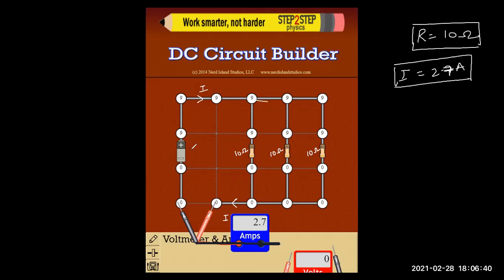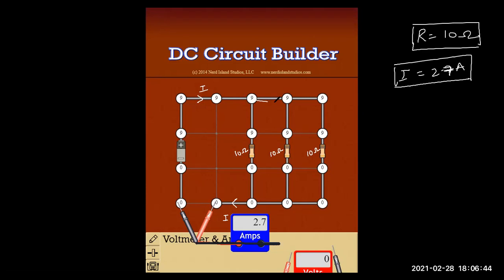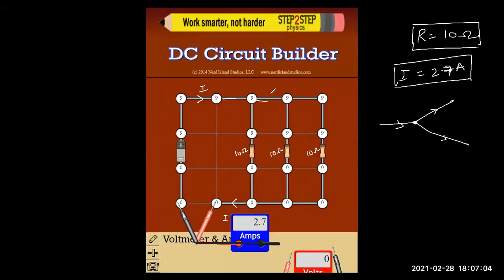I told you, now do you see a shape like this, one wire which is connected to two more wires? What did I tell you? If you get some structure like this, then your current will divide. So now you see over here a structure like this, one wire is connected to two more wires. Now this wire is connected to two more wires, so I is going to divide over here and here. And here I is going to divide here and here.